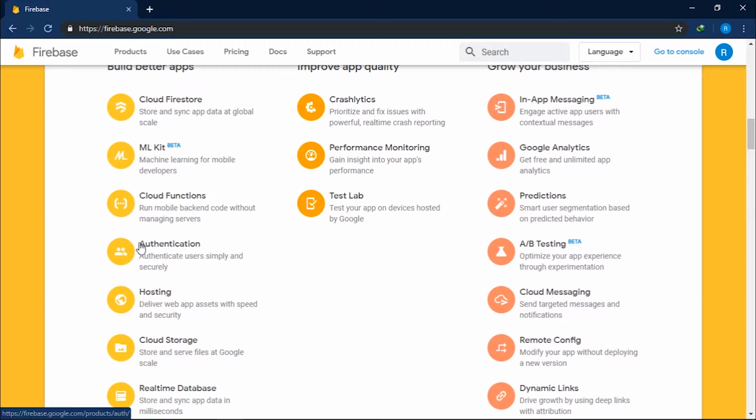Then moving on to hosting. Do you have a static website, but you are lacking the infrastructure, server, or the money to host it and to deliver it to your users? Then Firebase Hosting is your solution. It enables you on the free tier to host up to one website. HTML, CSS, and Node.js, TypeScript, and JavaScript are the technologies it is currently supporting.